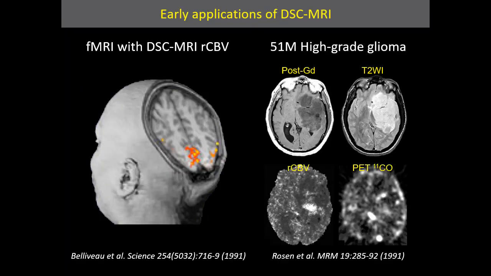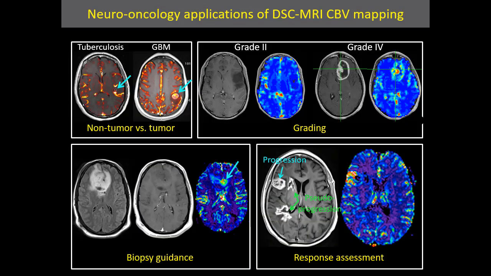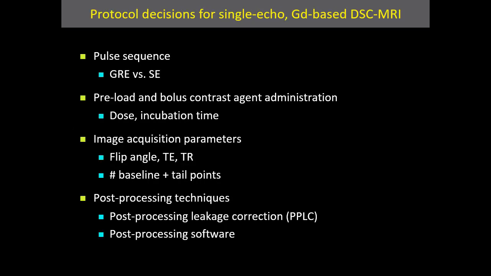So we've been doing DSC-MRI in the brain since the early 90s, including the first fMRI of visual stimulation and the first MRI-based CBV maps in gliomas. And since then, the technique has had multiple clinical applications, particularly in neuro-oncology, including tumor grading, biopsy guidance, and treatment response assessment. We're still really debating the best way to perform this technique, primarily because there are multiple protocol decisions